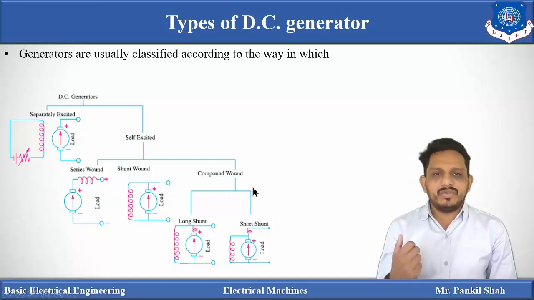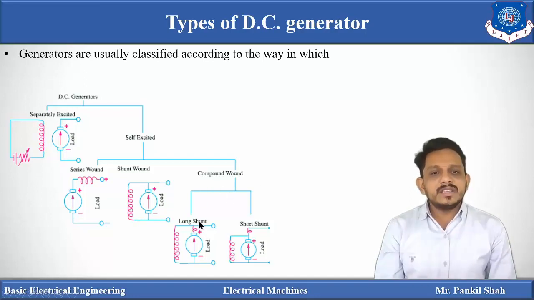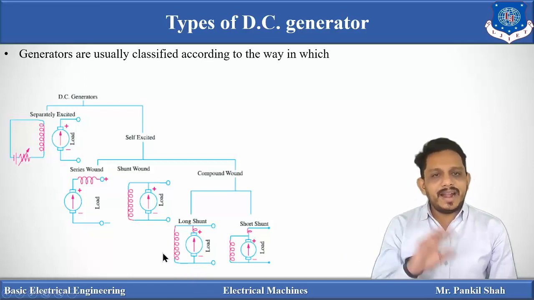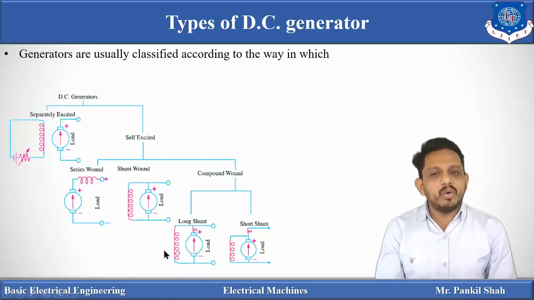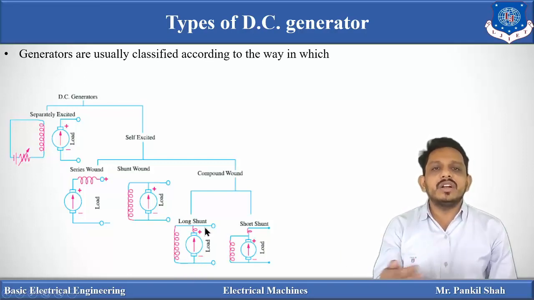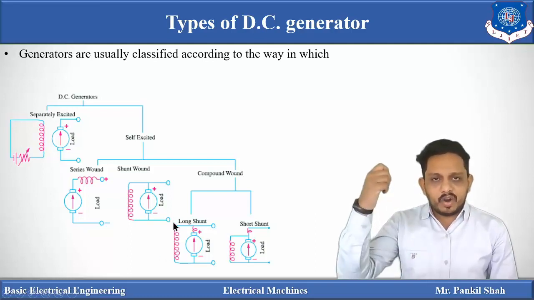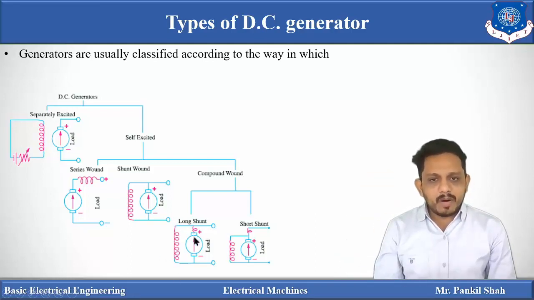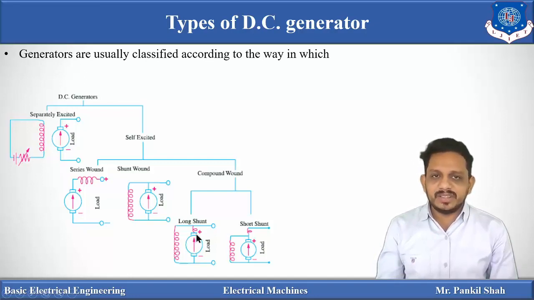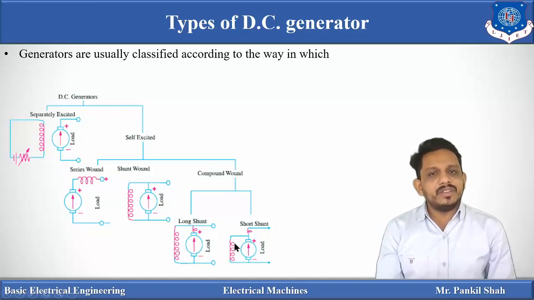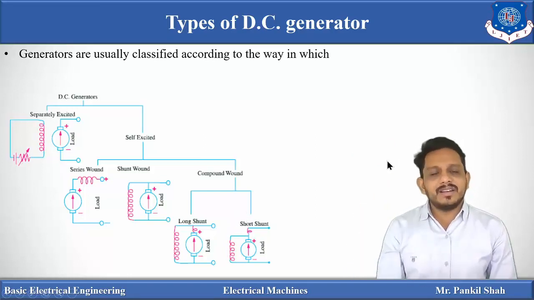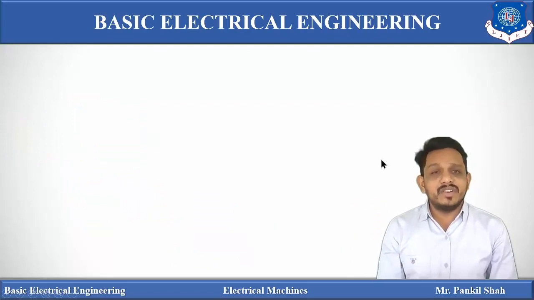And the compound generator. The compound generator means some part of the field winding and the armature winding is common to both. You can see here this is a long shunt compound, which means the long field winding is here, and a small amount of field winding is also in series with the armature. In the short shunt compound, some part of the winding is in parallel to the armature and another part is just below this parallel combination. So these are the classifications of the different types of generators.